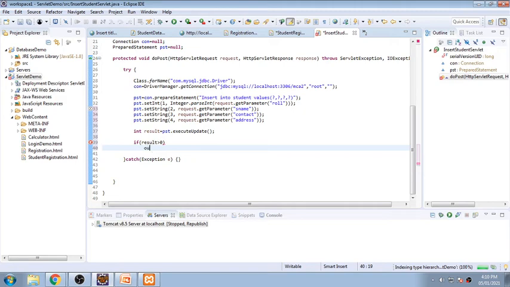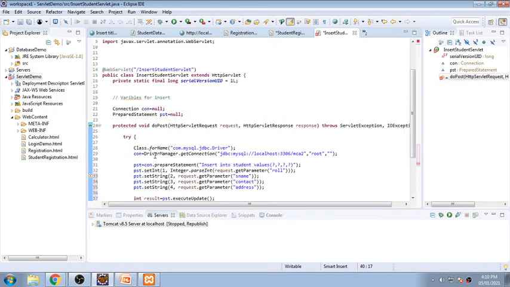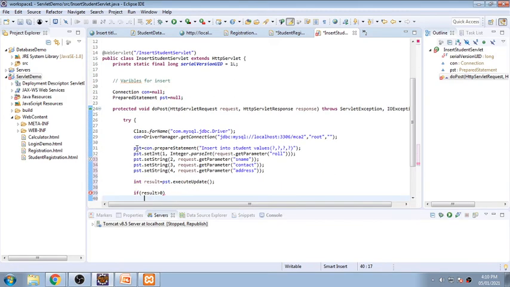So out, I have not created an object of out, so here I will be creating it before this while loop.